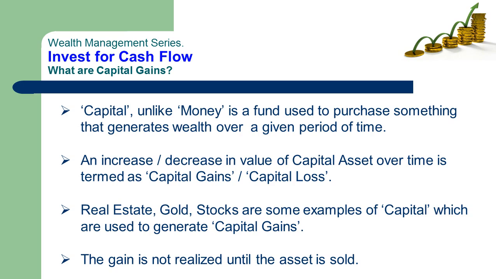And these result in either capital gains or capital losses. Gain or loss is not realized until the asset is sold. So you may have bought the asset for 100 rupees. The asset may currently be valued at 120 rupees, but we still do not count it as a capital gain unless we sell the asset. So it can continue to show as 120 rupees in the books, but there is no gain shown in the books. That's primarily because unless the asset is sold, the gain is not realized. And similarly with loss. So that's how capital gains work.